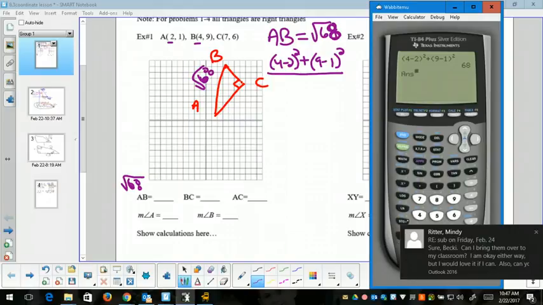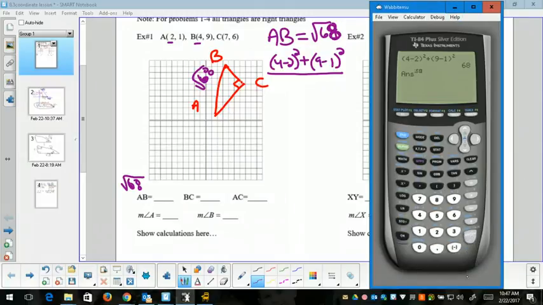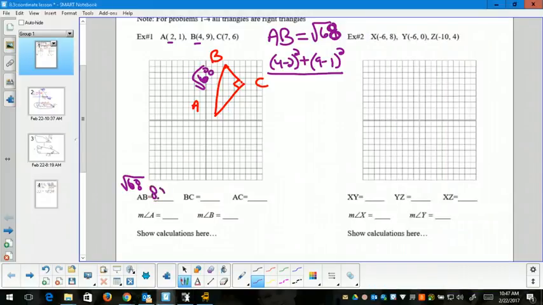I'm going to raise it to the power of 1/2, which is the same as taking the square root. I get 8.2462. If you're going to use the decimals to find angles,